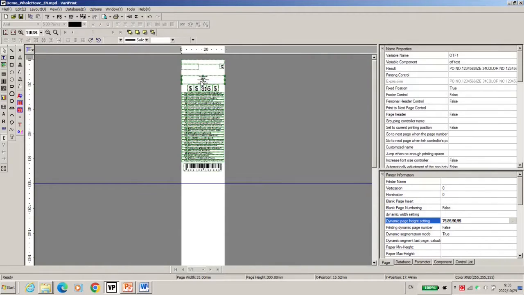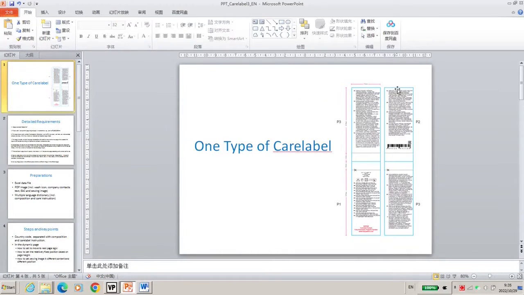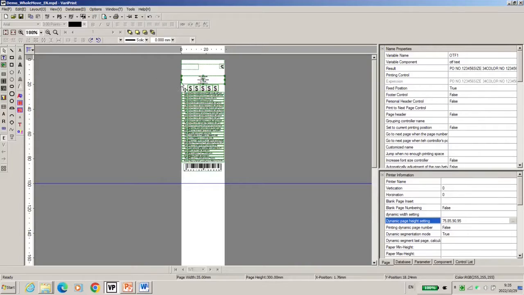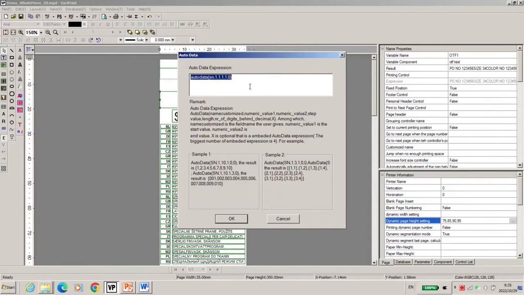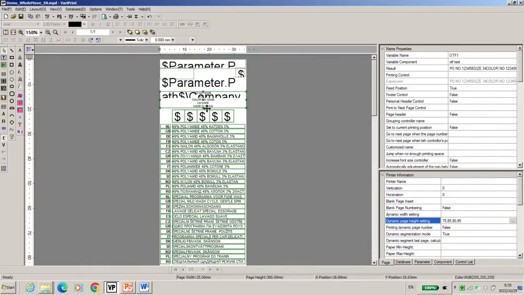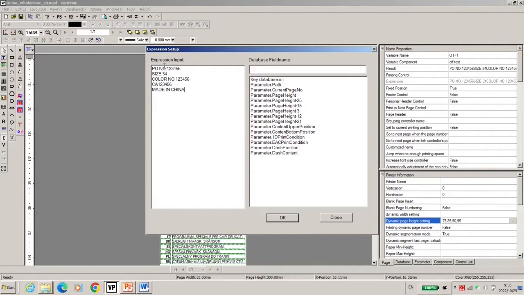First, I refer to this job. The upper part is a variable with fixed position, and how to design it is easy. Here I drag a box, and I open a one-record database, just a serial number. Double click. Here is a pure number, size, color. Here I fix the number. In the real job, you can link to the database. So this is the first part.